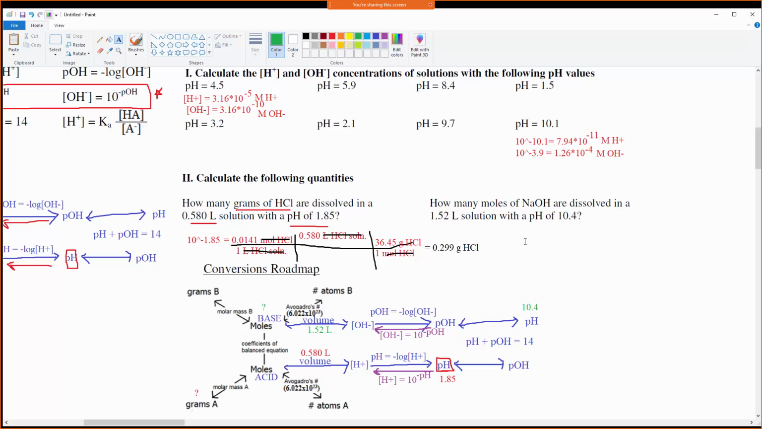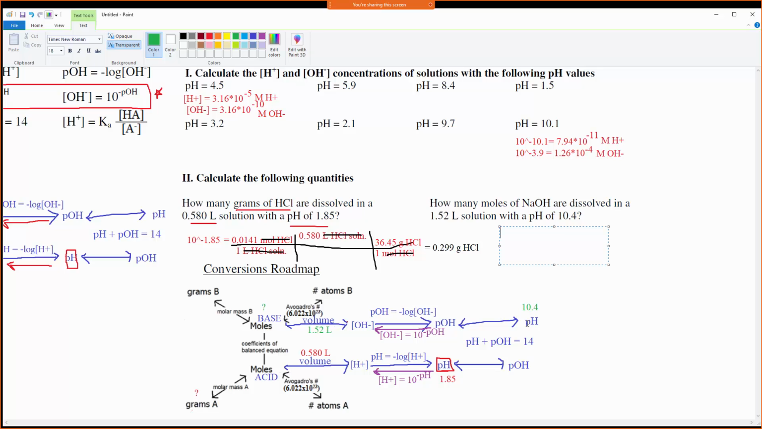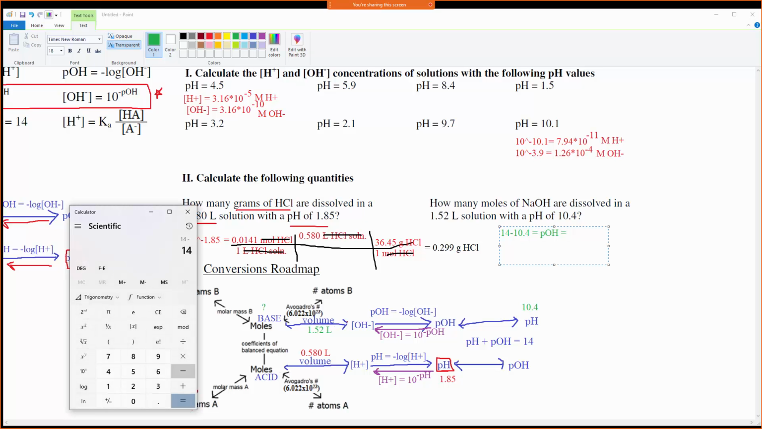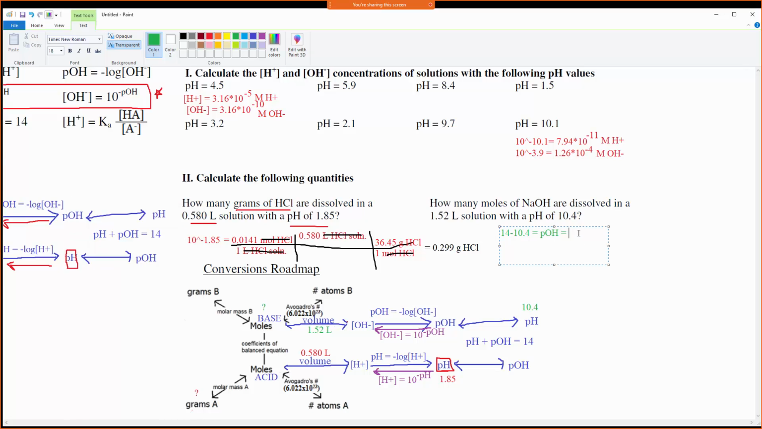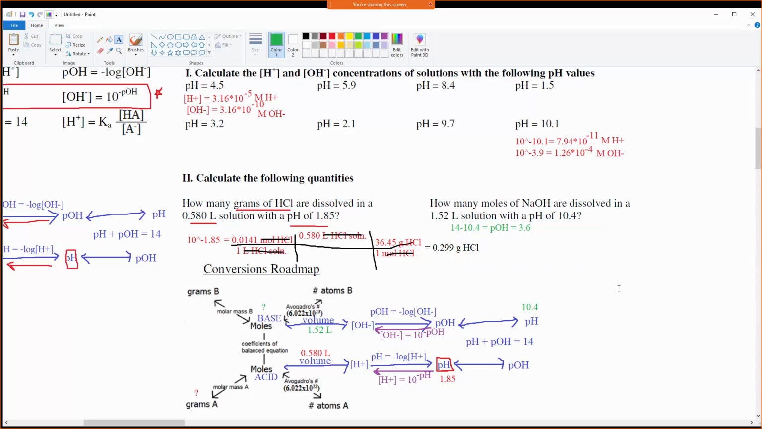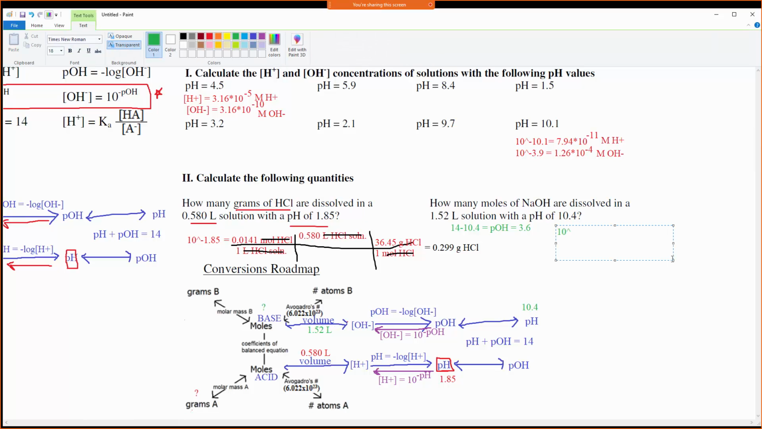Okay, so step one, going from the pH to the pOH, we're going to say my pOH plus my pH is 14. Okay, so 14 minus 10.4 is going to give me my pOH, which is 3.6. I shouldn't have needed a calculator for that, but I did it anyways. All right. And then from here, we're going to say 10 raised to the negative 3.6. That's going to give me my OH minus concentration, right? We're going back this direction,